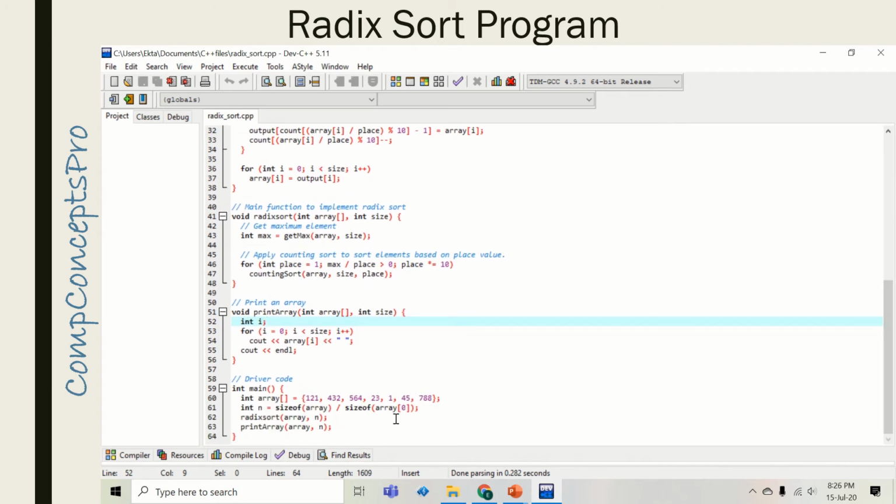So you can see there are no numbers with digit 0 at ones place, so count of 0 will remain 0. There are two numbers with 1 at their ones place, this 121 and the individual number 1. So count of 1 will become 2. There is one number with 2 at its ones place, which is this one, 432. So count of 2 will be 1.